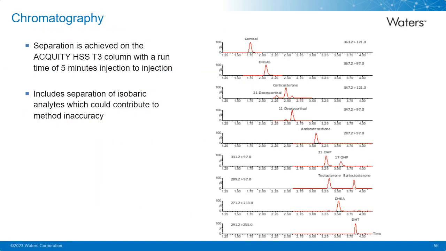So quick note, this is a panel. One of the things during this application note is I mentioned how chromatography can be important. And in this case, using the HSS T3 column, we're able to get rapid results, but also the more important thing, we're able to separate all of the isomers that may interfere with each other. You can see especially the 11-deoxycortisol, as well as some of the other compounds. So everything is baseline separated, which helps us with precision and accuracy.